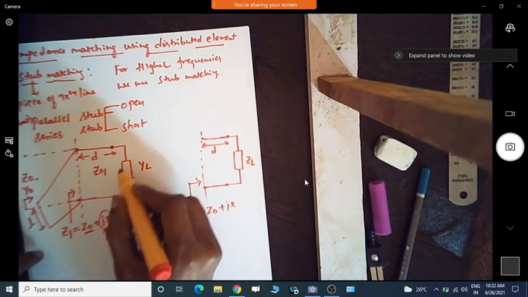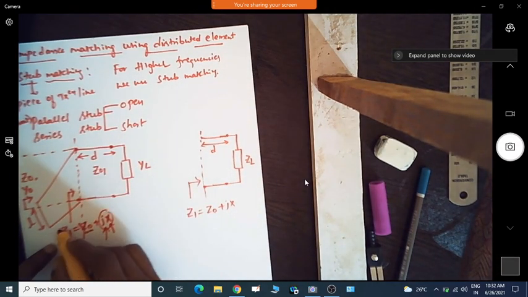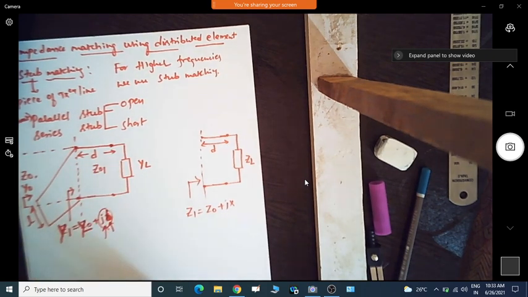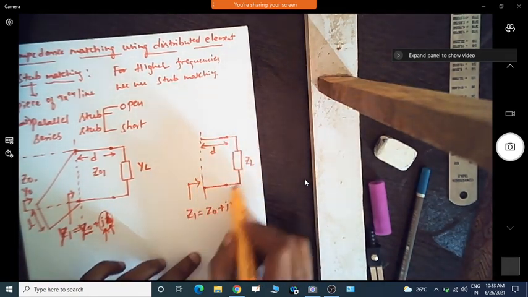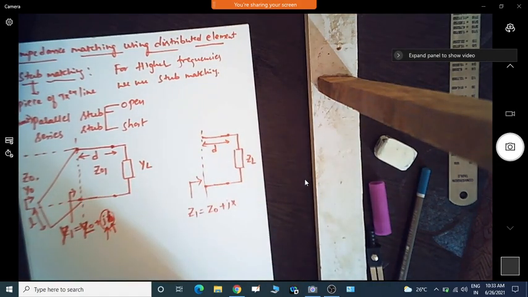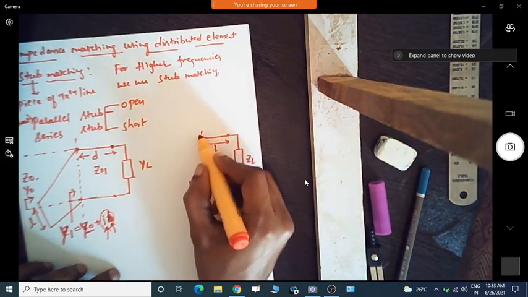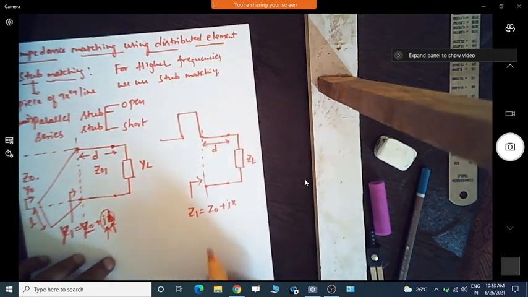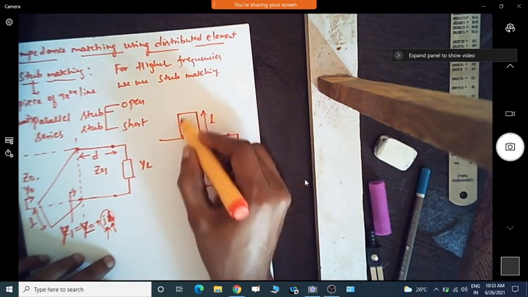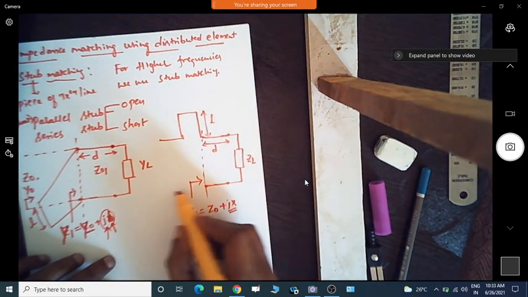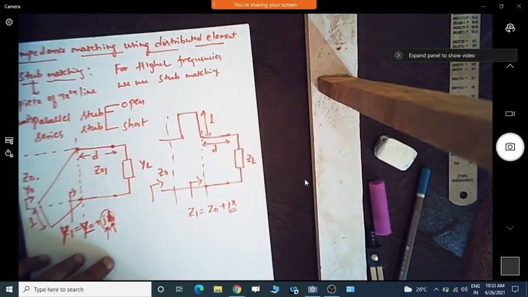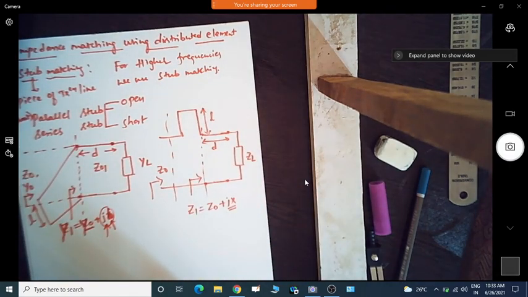So here, if I have a parallel connection, I have to see Y1, that is Y0 plus jB, that is susceptance. Since it is a parallel connection, we have to see it in the admittance chart, and this is the impedance, so we have to see it in the impedance chart. Now after this we will connect the series short stub or even the open stub, whatever is desired. Then we have to find the length of this stub in order to eliminate this. After connection of the stub, we will see the impedance which is equal to Z0 itself. That is how we are going to match.